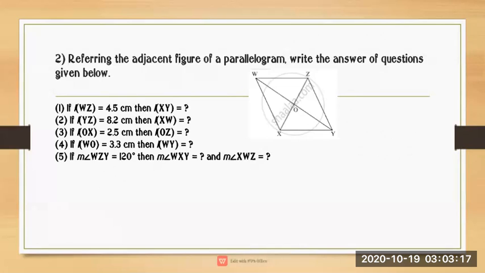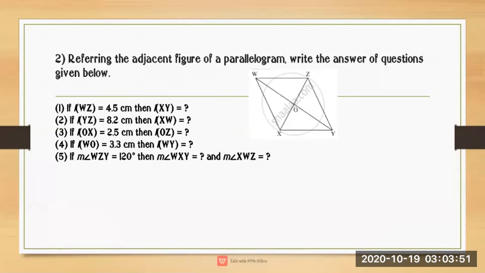3.3 multiplied by 3.3. Is that the right way of doing the multiplication? Very well, Soumya. You have to multiply by 2, because WY is 2 times WO. So 2 should be multiplied by 3.3, and we get the answer 6.6 centimeter. Is it clear? You will not multiply 3.3 by 3.3. I have shown you the same thing. You have to multiply 2 into 3.3. Okay. Now we will move to the last sum.